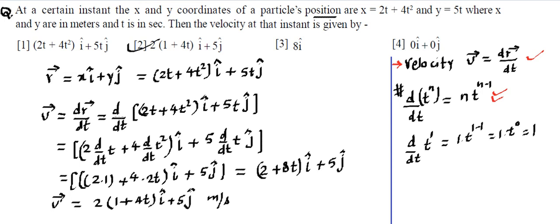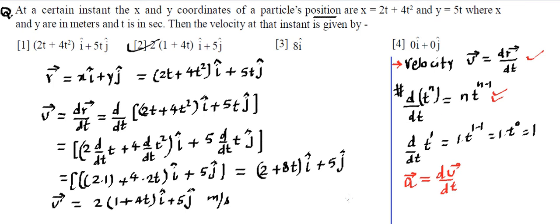Now, you might get a question in which in place of velocity, acceleration is being asked. So acceleration we defined as rate of change of velocity with respect to time. That means whatever we have done, we need to simply repeat the same thing. That means in place of v, we can write this stuff that we have calculated. And again, we can operate this differentiation d upon dt following this rule of differentiation. So it can be further differentiated. Now the differentiation of a constant, if this becomes a constant, it becomes 0. So that can be solved over here.